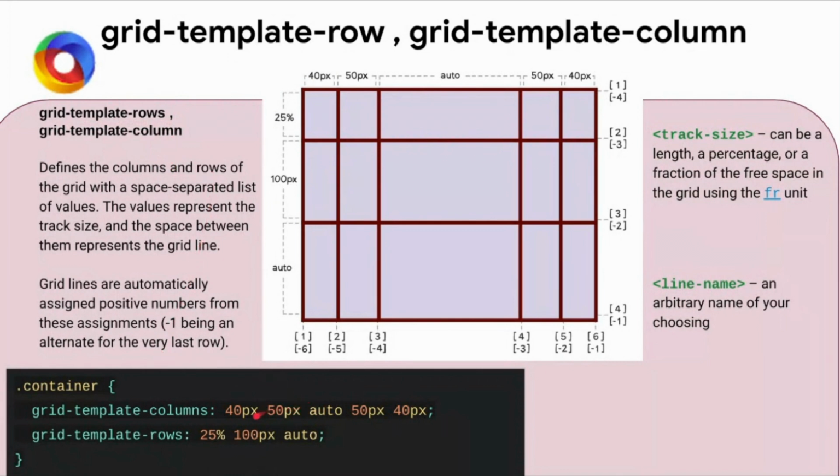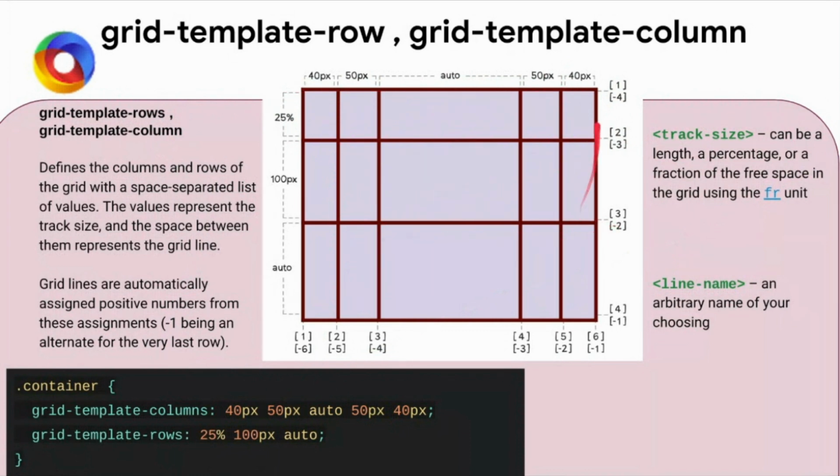So here I have added 40 pixel, 50 pixel, auto, 50 pixel. Like that, I have created 5 columns. Okay, so if you see each of the items, 40 pixel, 50 pixel, then auto, it is created accordingly. Whatever size you have given, based on that, it will be created. Okay, same way rows are created, but one thing to be kept in mind is that this particular grid,